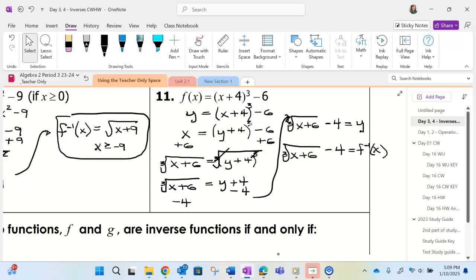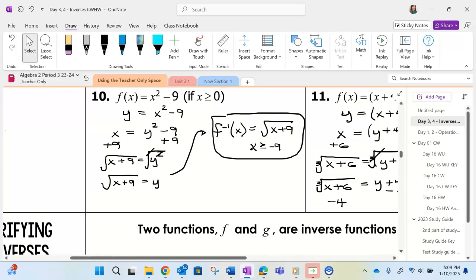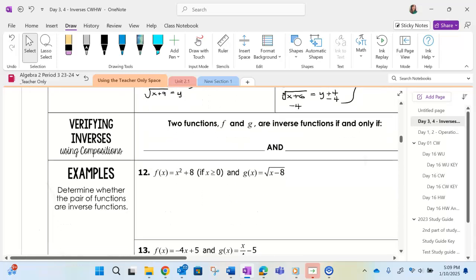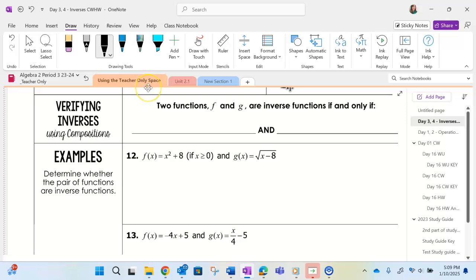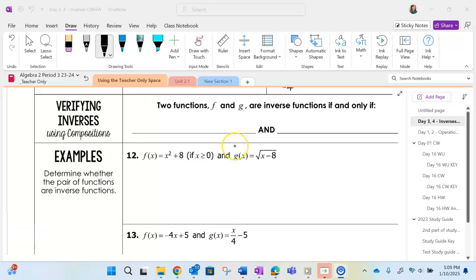All right, now let's move on to the new material. Let me make this a little bit smaller. Two functions, f and g, are inverse functions if and only if. All right, this is the tricky part. So pay attention to this. We've talked about this a little bit, but not fully. So let me read the question again. Two functions, f and g, are inverse functions if and only if